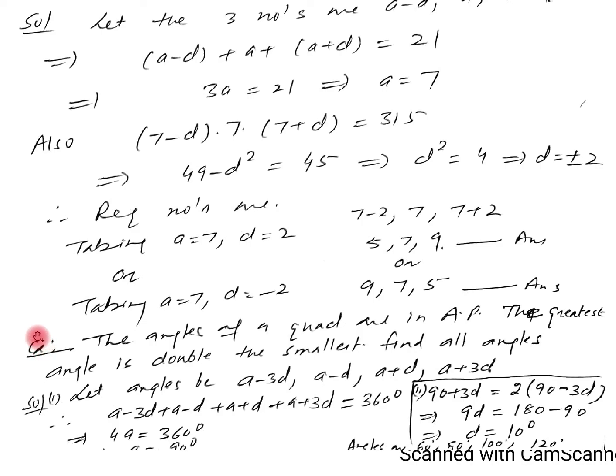Similarly, we can be asked to tell the angles of a pentagon. We can take the 5 angles in the pentagon and some other condition is given. Again we can find out the angles of the pentagon in the same way. This is all for today. Now you have to try the questions of exercise 9.2. Thank you.